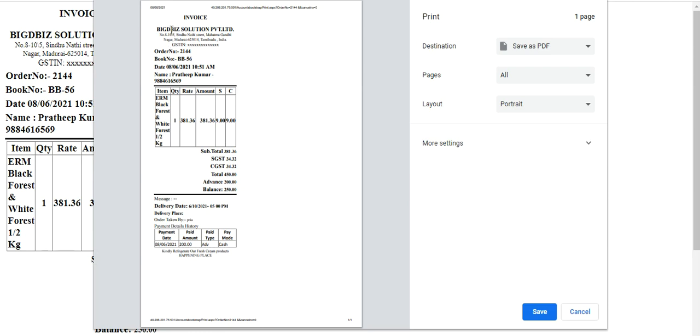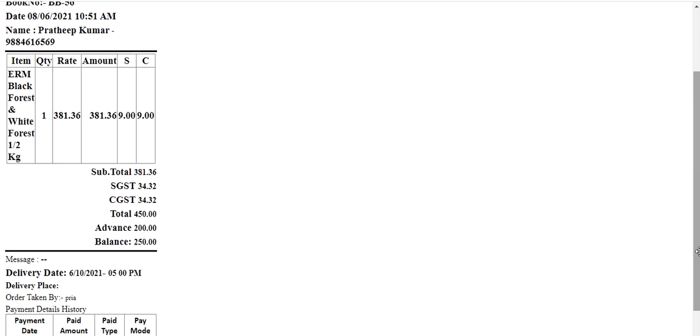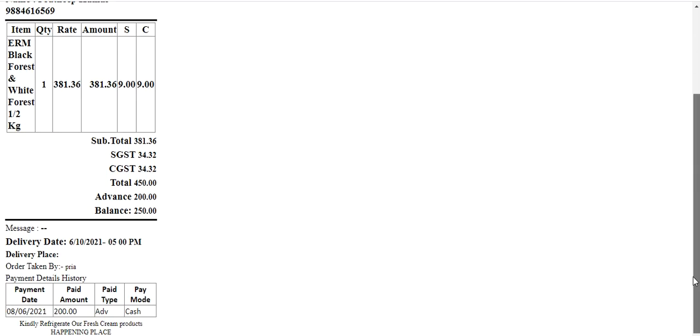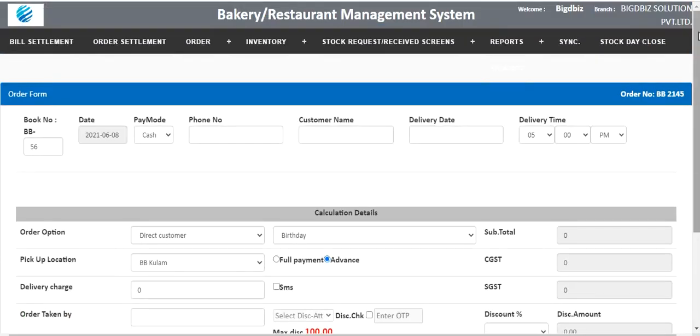You can see here the invoice number and other details. You can see the company name and GST details, in case it is applicable, and the order number, book number, the date, time, the customer name, the product, the CGST, SGST, and the advance and the balance amount. If the customer provides any message, you can mention it here through the system itself, and it will become part of the bill copy. You can give this particular copy alone to the customer as an advance. Once we complete this, the order has been placed successfully and you have taken a print of the order.